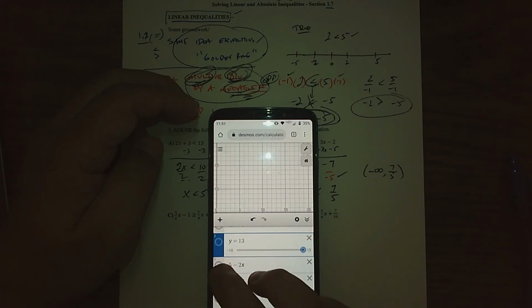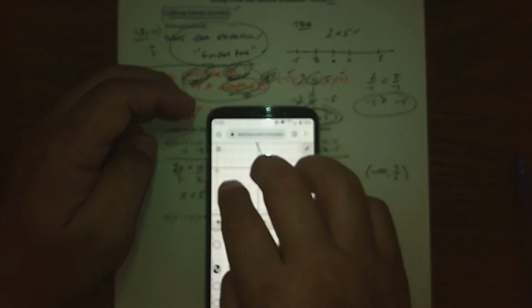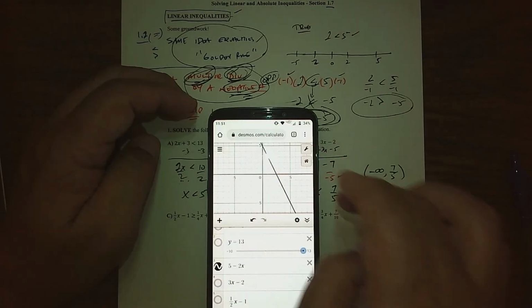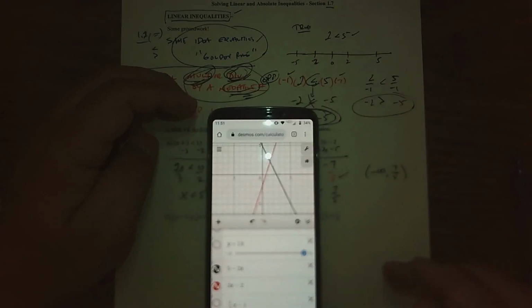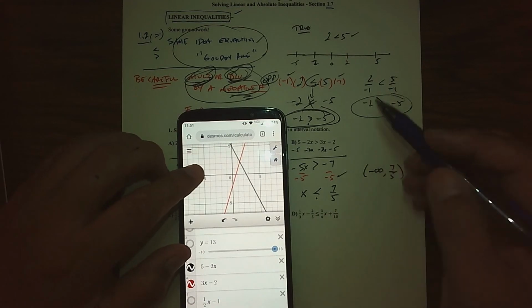So here's the graph of 5x minus 2, right? So that's kind of in black there. And then here's the graph of 3x minus 2. And we do in fact see that,